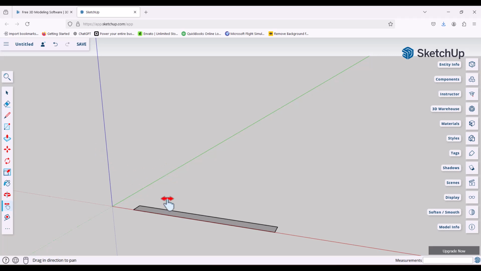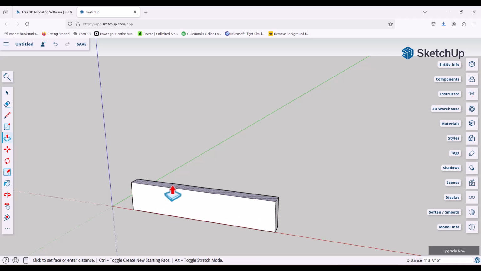Now, what we want to do now is we're going to come over to this tool right here. It's called Push Pull. So I'm going to click on that. I'm going to bring my mouse and then watch what happens to the box as I move the mouse over it. You can see the texture changes. And once I get that change, I'm going to hold my left mouse button down and just drag the mouse,